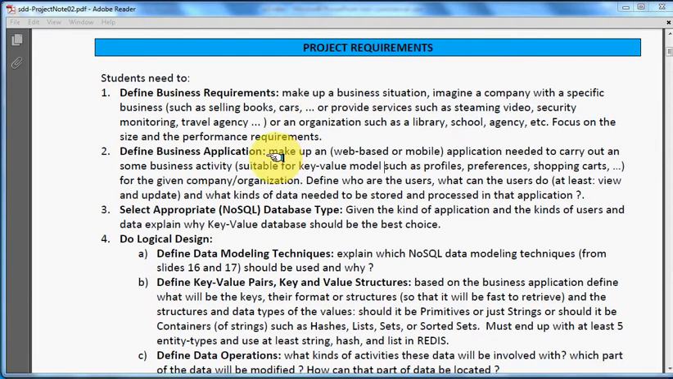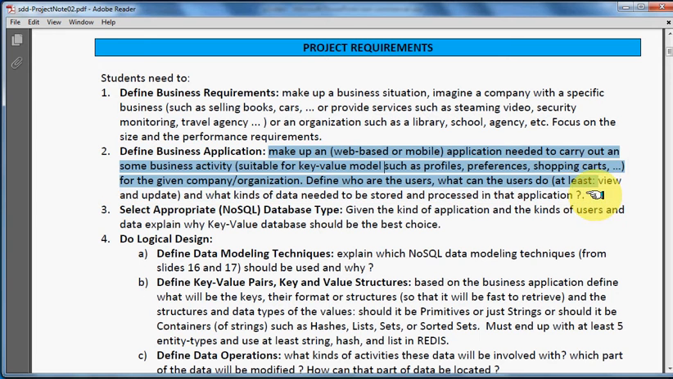Unlike relational or SQL databases, NoSQL databases are, as we know, developer or application centric. It comes straight from the application, and that's the reason why we need to look at the business application first. So in this project, you need to make up an application for a certain kind of activity or business transaction within the given company. And since our ultimate goal is to create a key value database, be careful when you make up the business application,